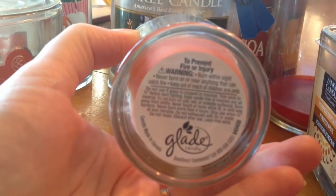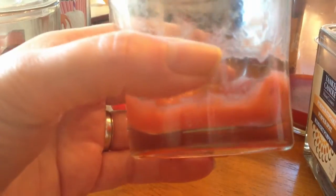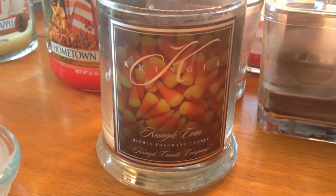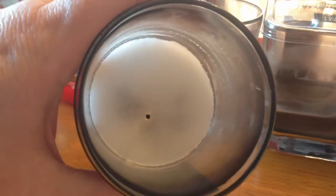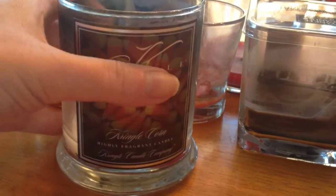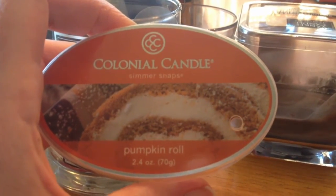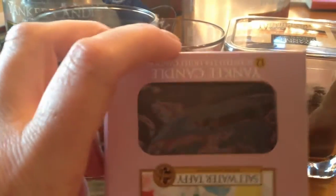This was a Glade, an apple cinnamon. Picked it up at CVS, had a coupon. It burned nicely. The other candles I think are pretty strong, but cinnamon to me is just... My last jar I burned was this Kringle candle and Kringle corn. I had a lot of sooting issues with it, and my wick off-centered itself. But overall, had a good scent. And then 1 melt, Colonial Candle, Simmer Snaps, and Pumpkin Roll, and 1 box of